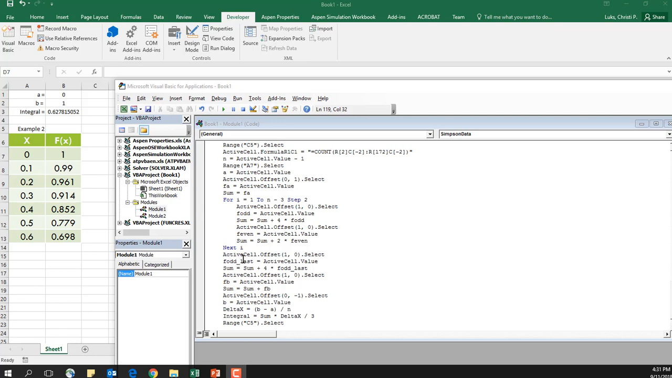So this is f odd last. And so I'm going to add 4 times f odd last to my sum. So that gets this one. And then I need to hop down one more and pick up my f sub b, and then come over here and read b. So that's what I've done here. And then I change my integral to the sum times delta x divided by 3. When I run this,